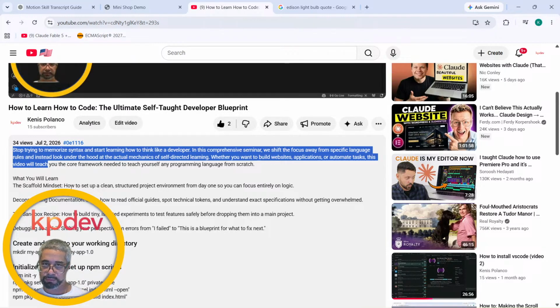What you will learn: the scaffold mindset, how to set up a clean structured project environment from day one so you can,